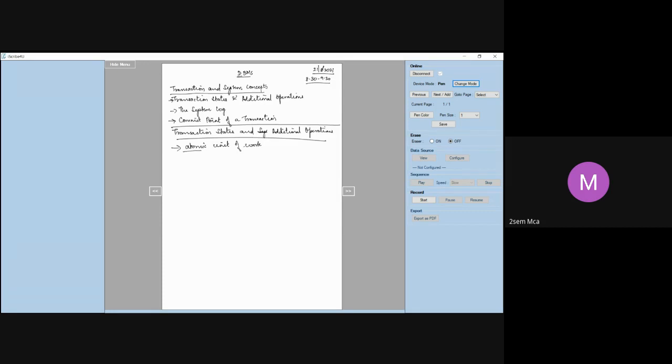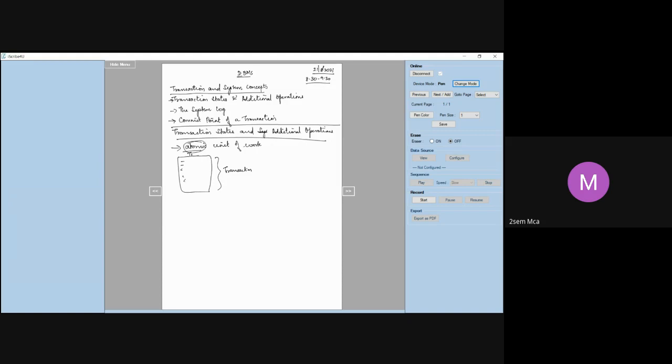So how do we define a transaction? A transaction can be defined as an atomic unit of work, something which cannot be further divided into smaller parts. As I told you, either it should be completed in full or nothing should be done. We saw a couple of examples in the last class, where you have so many operations, and all of them together you call one transaction. You cannot divide this into several parts. It is one full unit. That is why you call it an atomic unit.